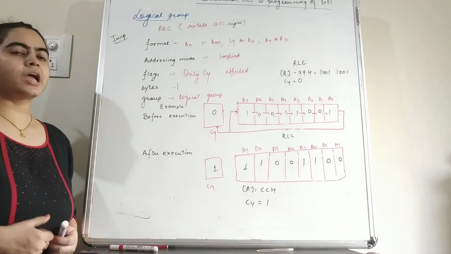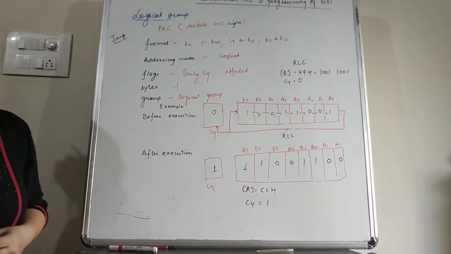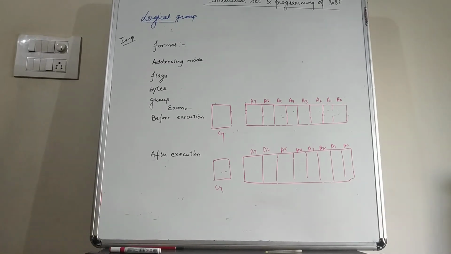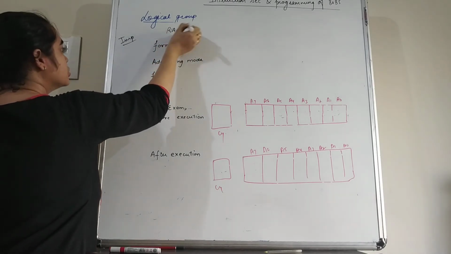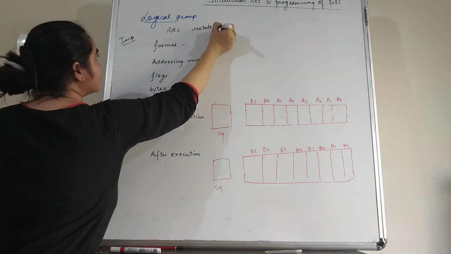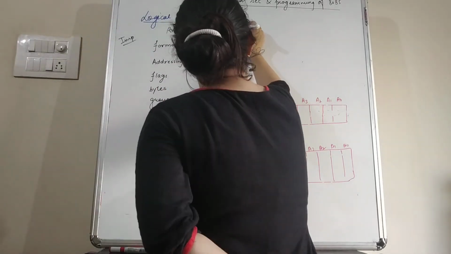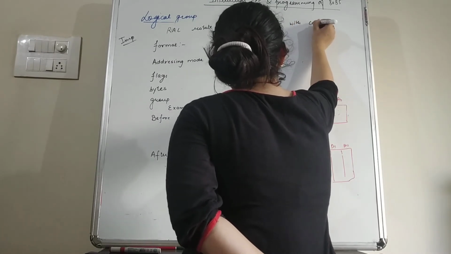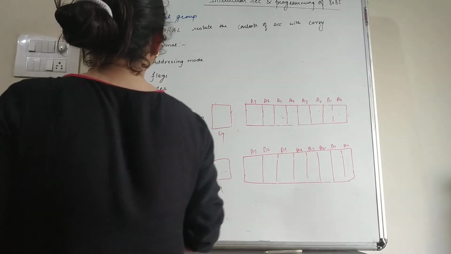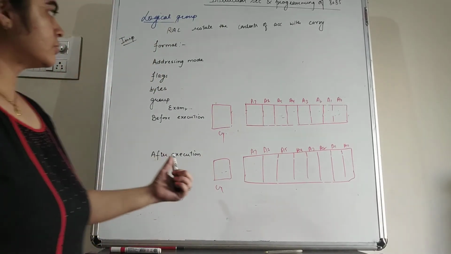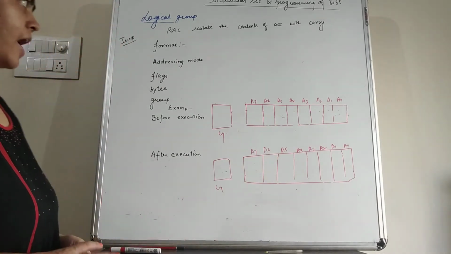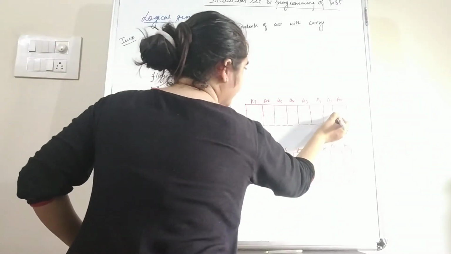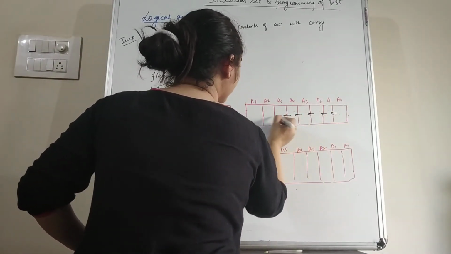Next instructions, we have RAR and RAL. The next instruction we have is RAL. RAL means rotate the contents of the accumulator with carry. That means we can include the carry here also when we rotate the values. So this is the format where the accumulator has 8 bits and we have a carry flag. According to this instruction, the contents will be moved to the left side one by one.